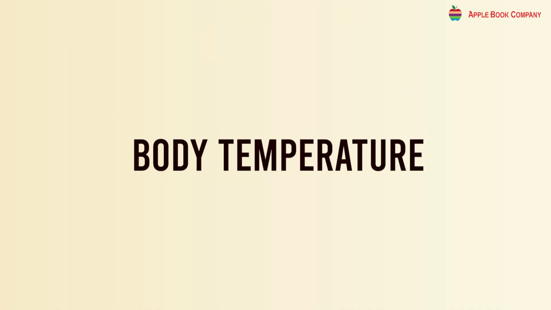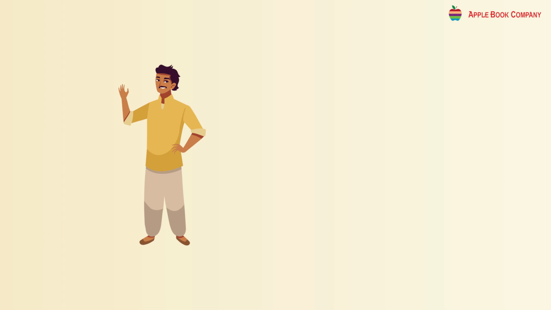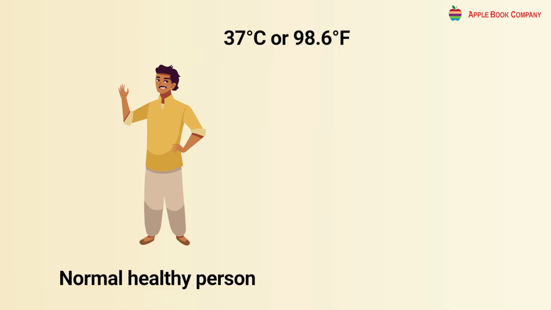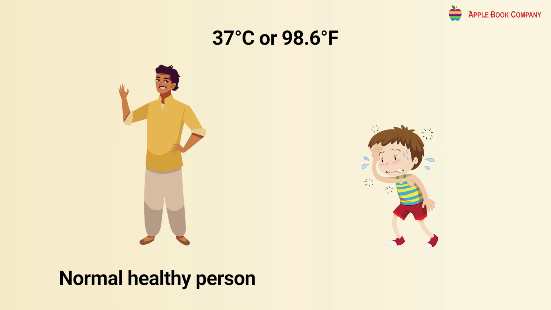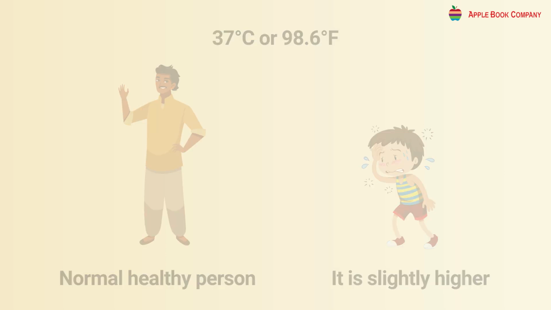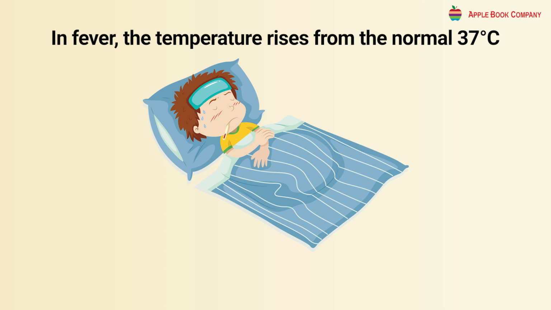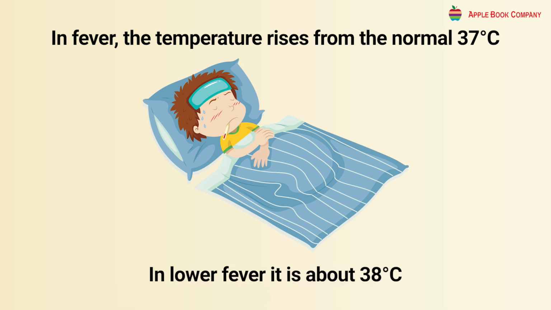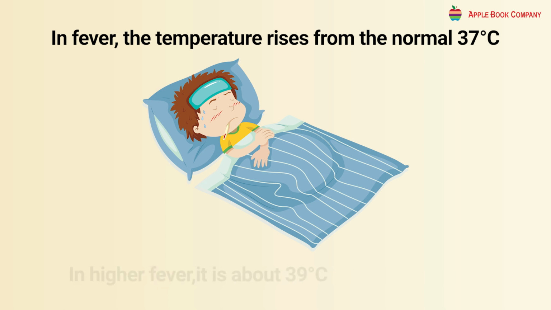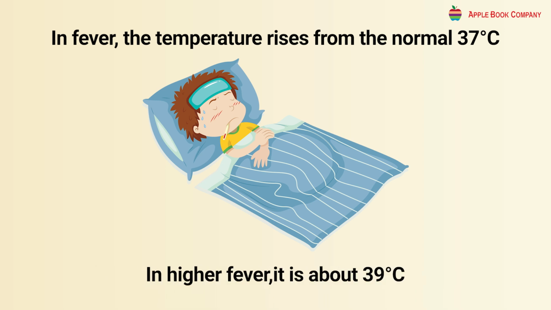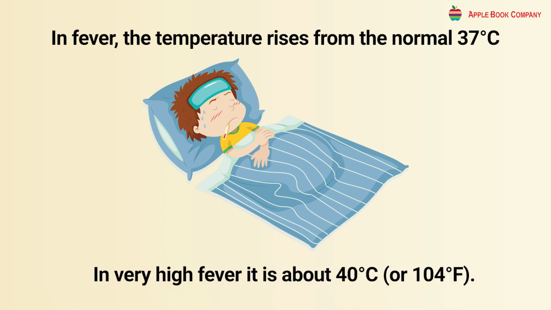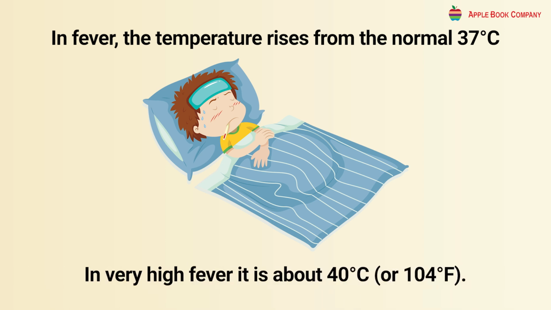Body temperature. The temperature of a normal healthy person is 37 degrees centigrade or 98.6 degrees Fahrenheit. In the case of a child, it is slightly higher. In fever, the temperature rises from the normal 37 degrees centigrade. In lower fever, it is about 38 degrees centigrade. In higher fever, it is about 39 degrees centigrade, and it is very high fever if it is 40 degrees centigrade